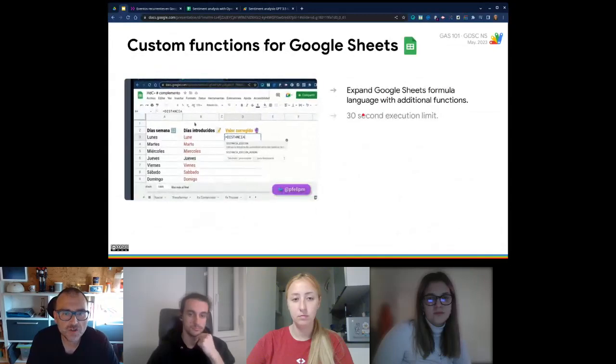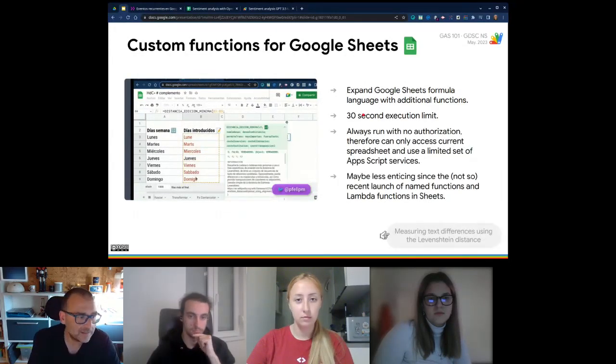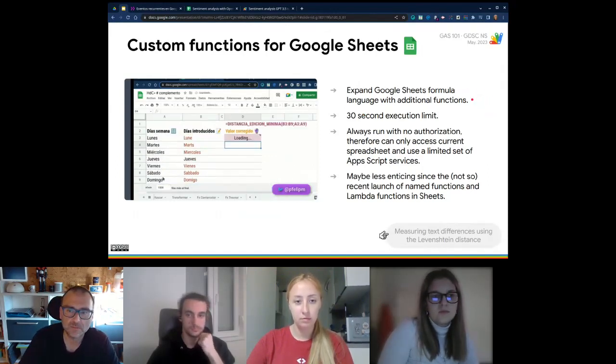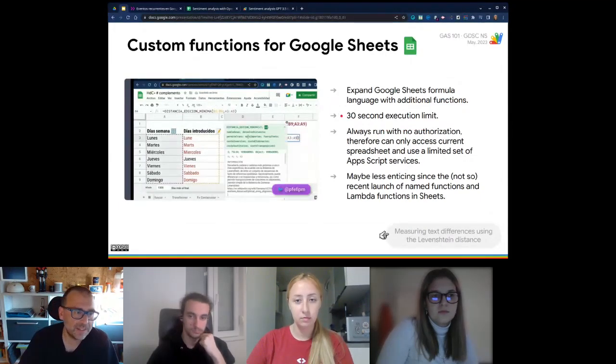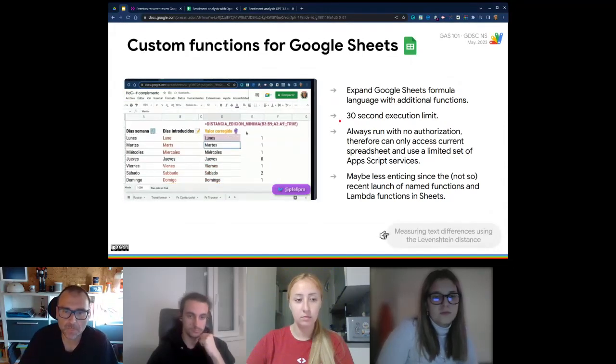Okay, custom functions for Google Sheets. They expand the Google Sheets formula language. There is a problem with them. They can only run for 30 seconds, not 6 minutes, not 30 minutes, just 30 seconds. And they have some technical caveats.